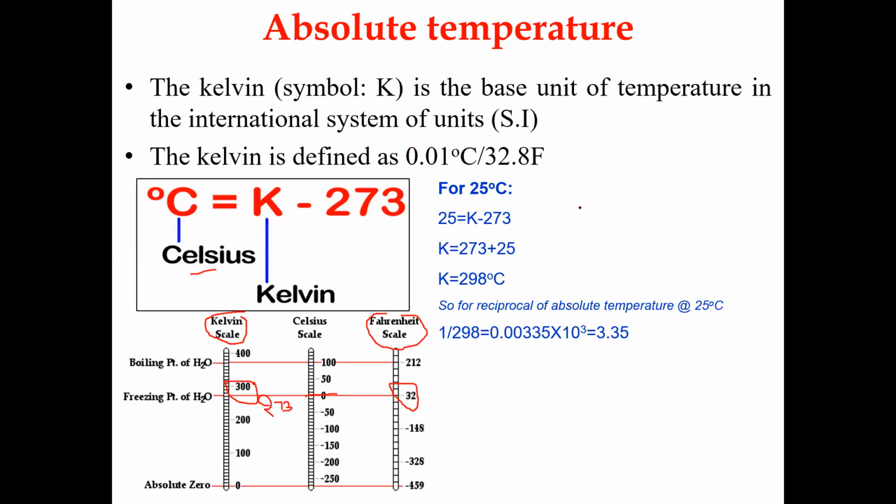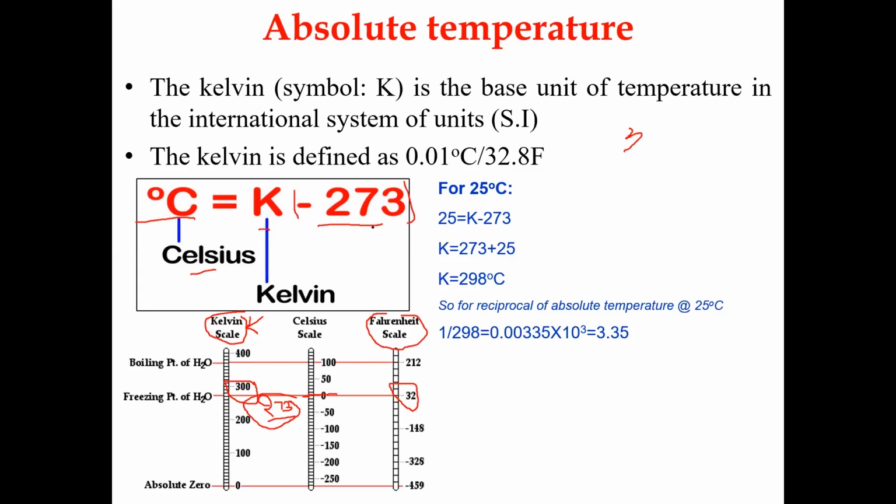Before proceeding to step 3, we should convert the temperature which you are having into the absolute temperature. So what is absolute temperature? Nothing but Kelvin temperature. So how to do it? The formula is, degree centigrade is equal to Kelvin minus 273. Why minus 273? Here at 0 degree centigrade, the Kelvin temperature is 273. That is why it is minus 273. If somebody asks about 0 degree centigrade, what is the Kelvin temperature? It is 273.